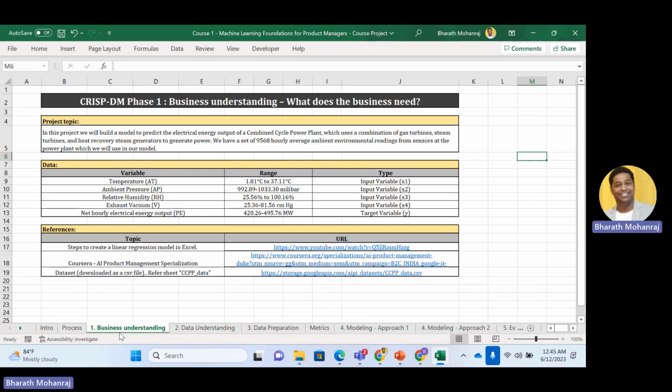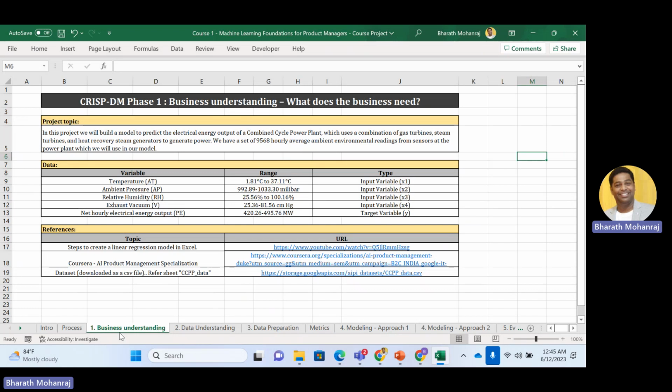So I have used some references here in this document. So I'm going to follow the Excel-based work here, where I'm going to use the capabilities of Excel to generate the modeling. I have also referred to a couple of other areas. One obviously is the Coursera materials for this project work, and also I have referred to some online materials for some